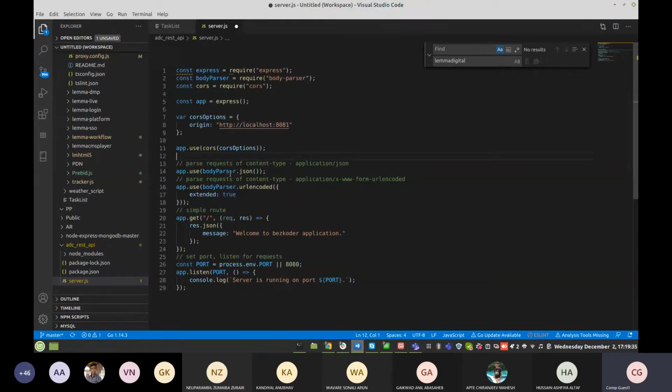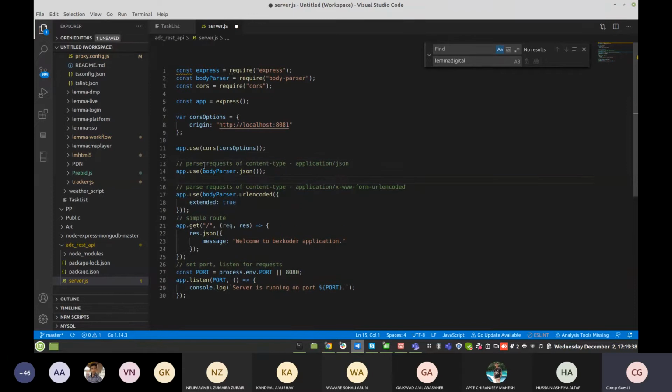After that, this is the JSON parsing request context that we require. Whatever information you send through that particular API is converted into JSON form.